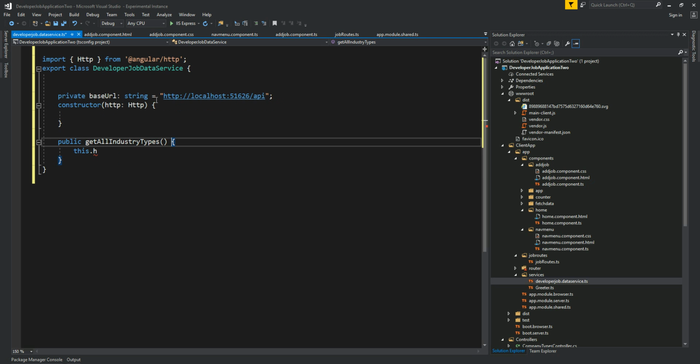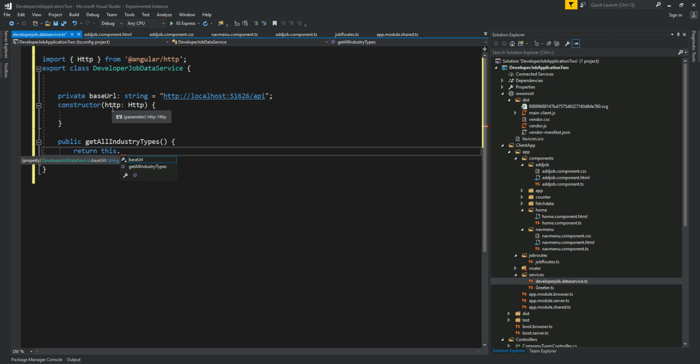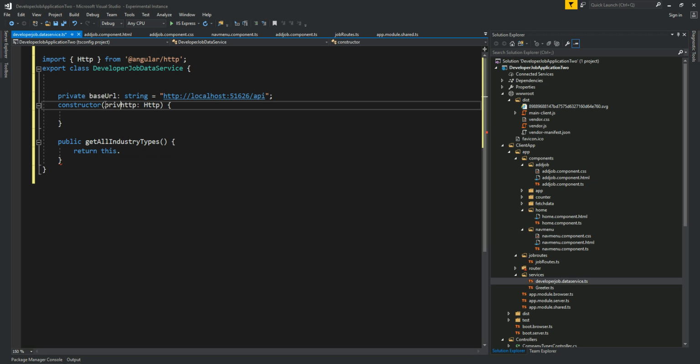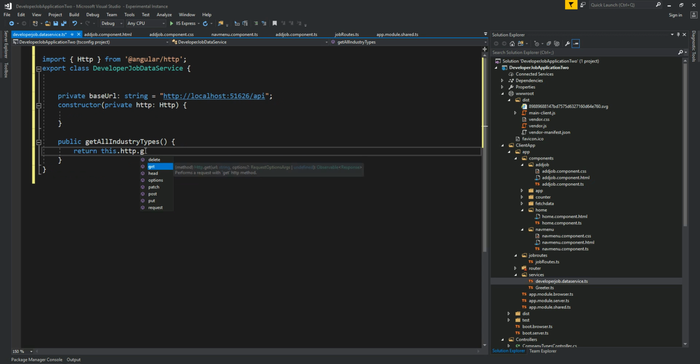This closes here, and my class is closed here. Say private, then that's where it becomes visible. Yes. Okay, so without this private, it doesn't know what that is, so I have to say private so it recognizes what HTTP is. And then I'm going to call the get method, and I pass that base URL